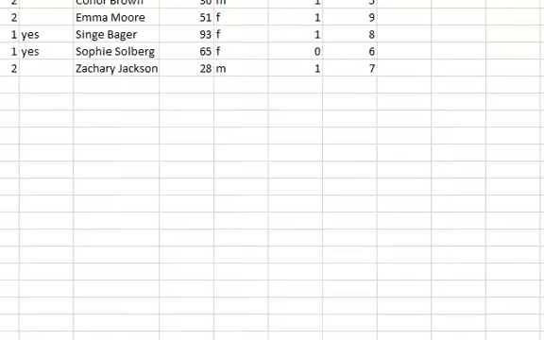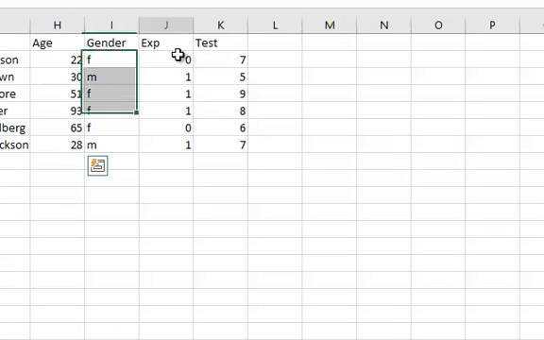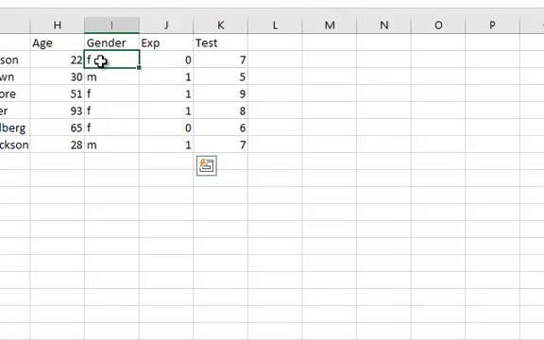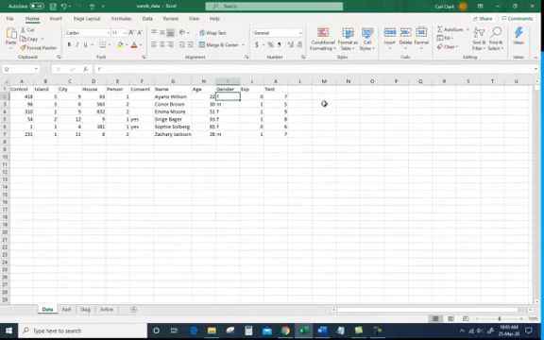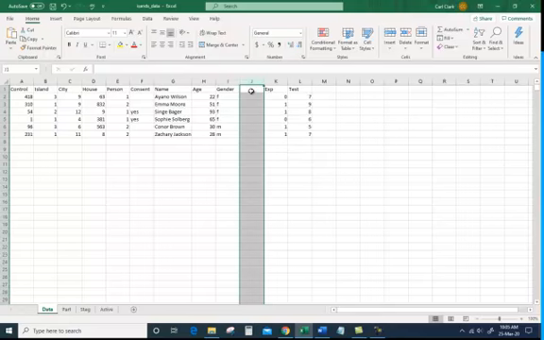So the continuous variable of age is fine. We can leave it. Our experimental, we already coded it in a number sense, so we can work on that. But gender, I'm going to have to change into ones and zeros. So I'm going to create another column, but first I need to sort these. So I'm going to sort. Notice that I just simply clicked in that column, so it sorted that column. I'm going to create another one, and I'm going to put insert column, and this one I'm going to call